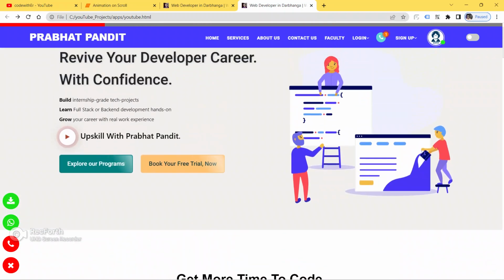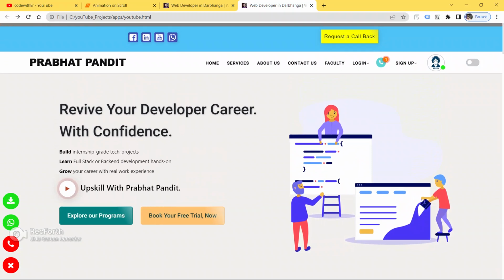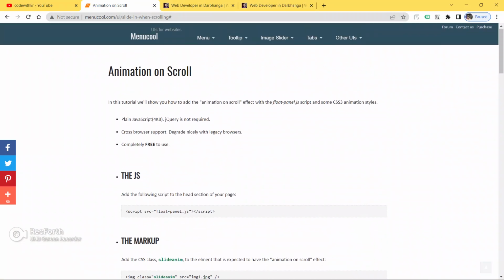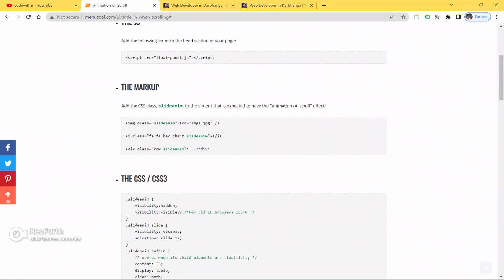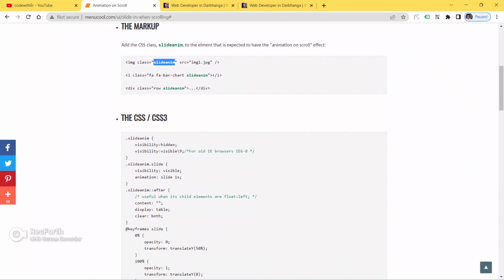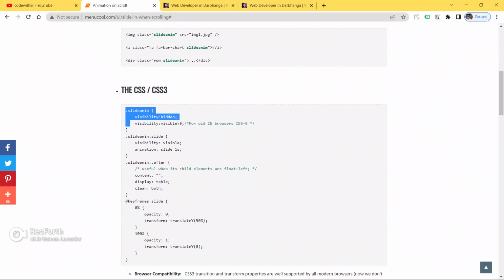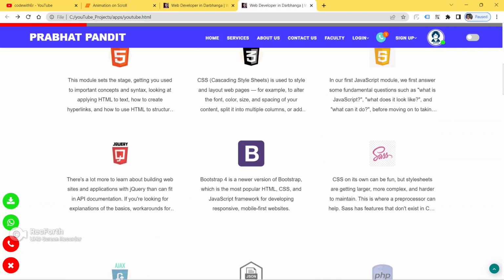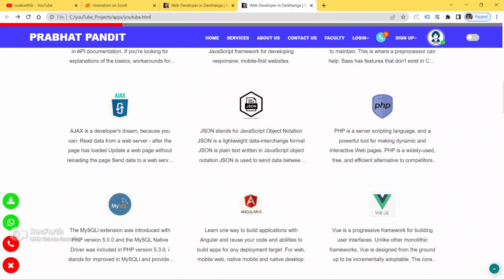So I hope you have learned something from this video, how to make your site fully animating using CSS and some external JS. Go to menucool.com and download this floatpanel.js, apply this class, and these CSS classes are mandatory, guys. You have to use these CSS classes in your style sheet, then only it will work.